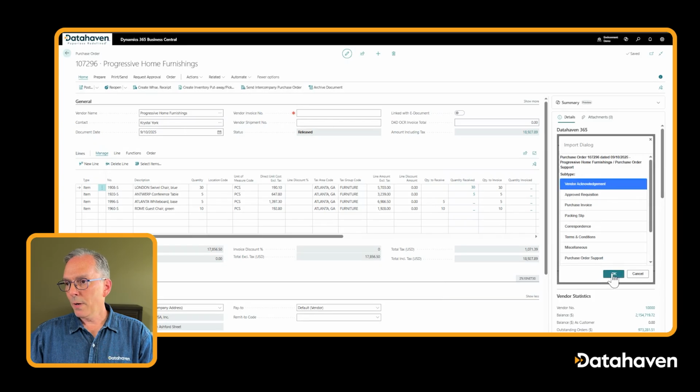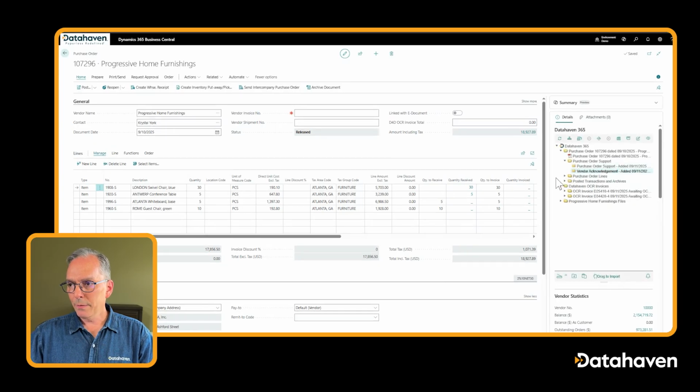Now you can see that when we stored that email, even though it had a subject line of thank you, Datahaven has renamed it as vendor acknowledgement. That's going to be more useful to employees when they're searching for files. They're not going to be searching for an email marked thank you. They're going to be searching for an email for a vendor acknowledgement. And now this is going to be easily identifiable within the Datahaven fact box,